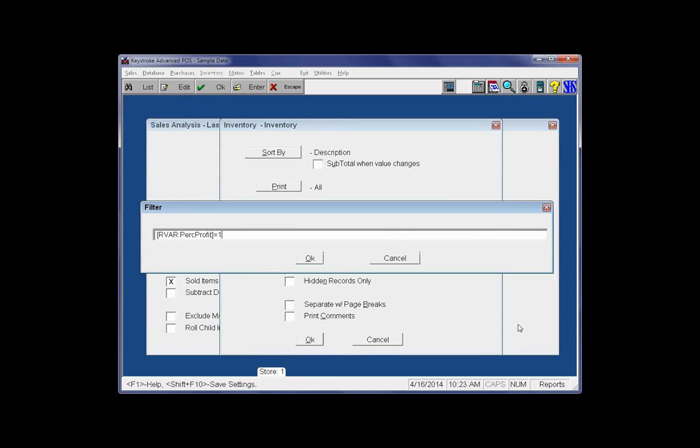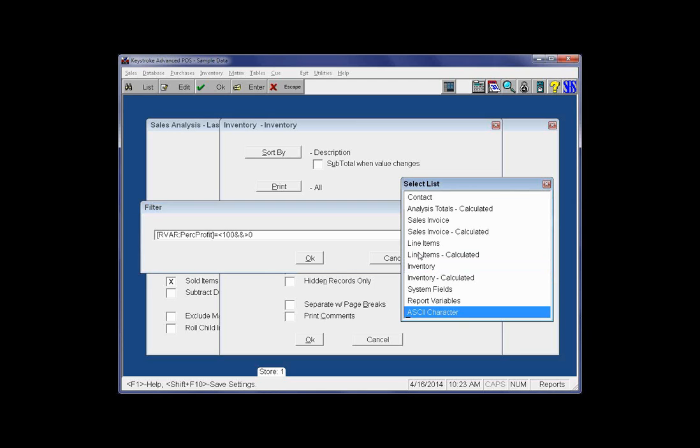So I could say something like this. If the profit is less than 100, so it would be 99% or less, or 99.99% or less, and greater than 0, this may or may not work all the time. What it's doing is comparing the profit to less than 100 and greater than 0, and it's saying it's got to be both. A better way to say this would be, I'm going to get rid of this here,